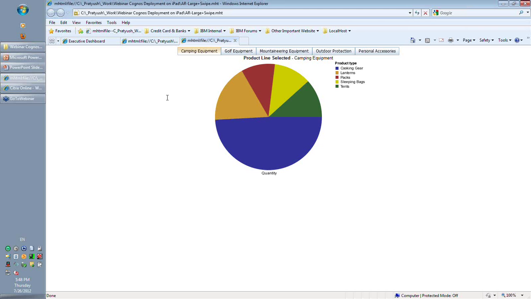Okay, let's move on. As you can see, in the active report there is a data button bar. Again, it is a similar report. There is a data button bar and there is a pie chart. Depending upon the product line we select, we will see the pie chart for it. So when I select golf equipment,